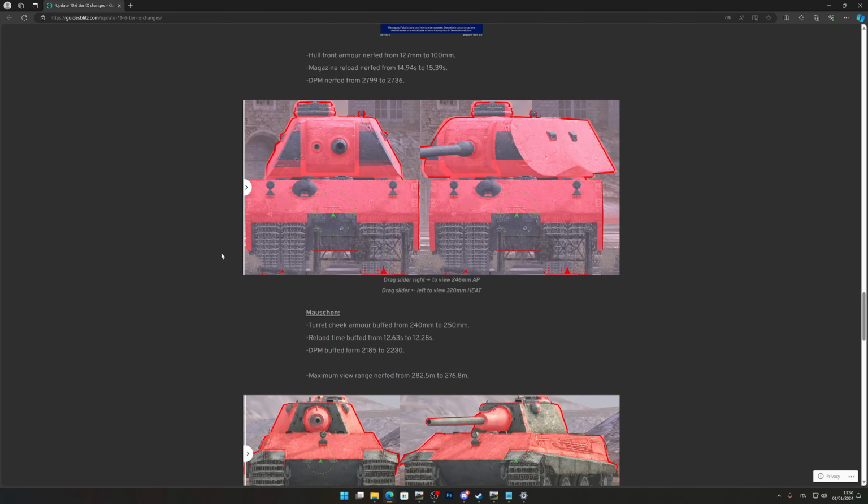Yeah, the next one, which seems really interesting, is the Motion. As you can see, the turret cheeks, these two sides here, got 10 millimeters of armor, a little bit of a buff on reloading, and a little bit of a buff on the DPM, because with the reload there is a little bit more DPM. I think the most important is the turret cheek. As you can see here, look,